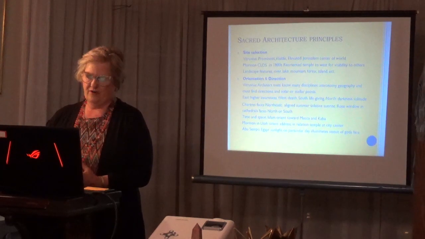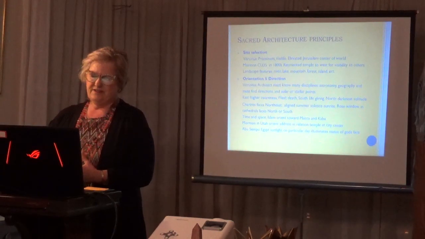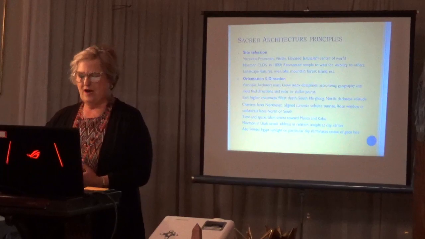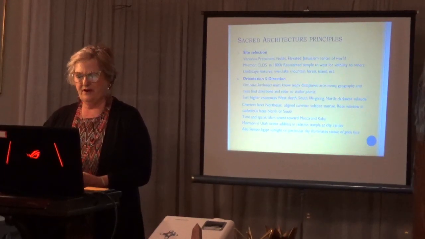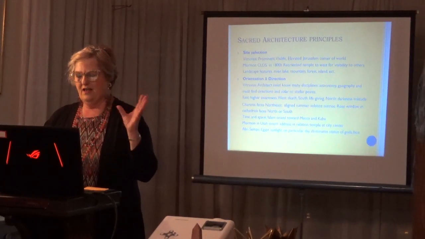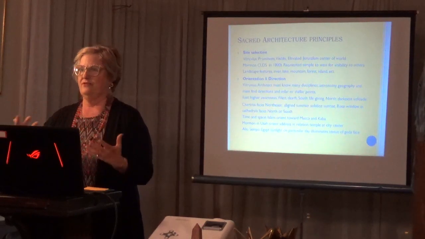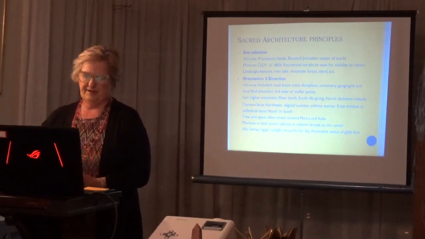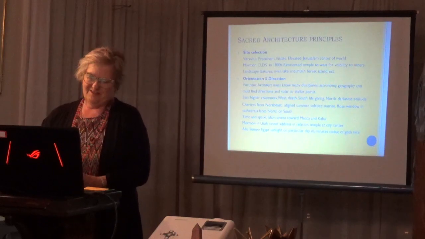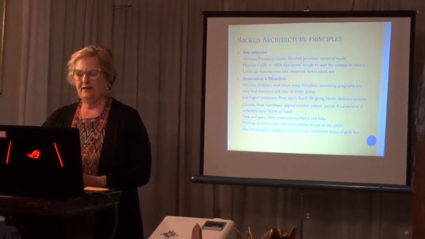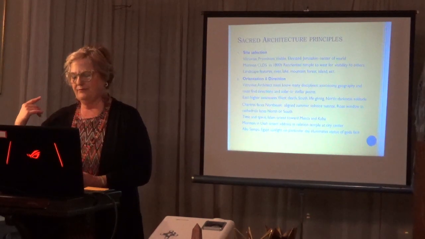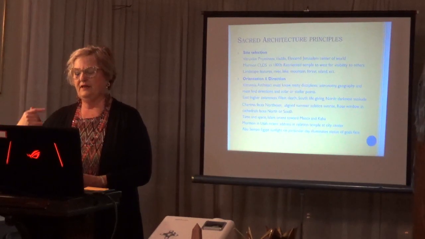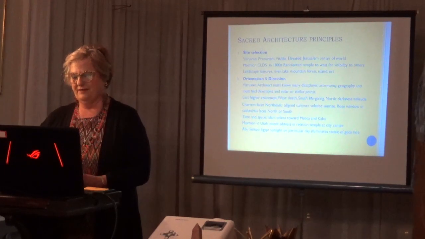The next category is orientation and direction. And Vitruvius said the architect must know many disciplines, astronomy, geography, etc., and must find the direction of the solar and stellar points for the building of a sacred place. For instance, east means higher awareness, and many of the Tibetan sites are oriented to the east, as Native American sites are. The west is death, and sounds like